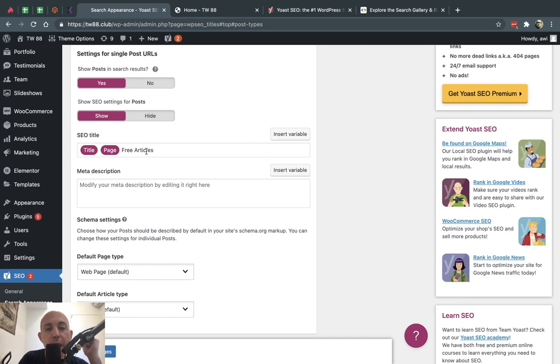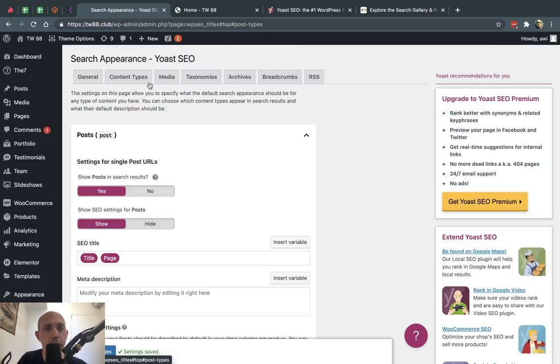And I can specify default titles. Now I can change it on a per article, per post, or per page basis, but I can have a starting point. So for example, I can insert a variable which says, okay, I want you to put the category in it. Okay, and you can freehand, you can type in specific things if you want. So for example, I want to have only page and title, and I'm going to save it. Okay, and this is for post.